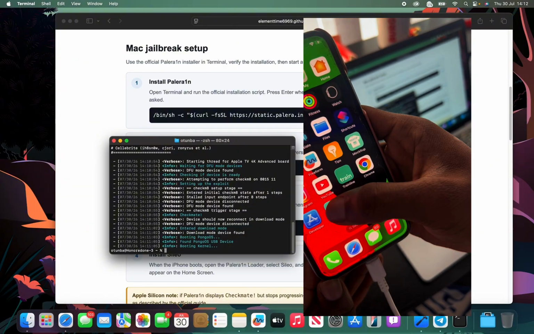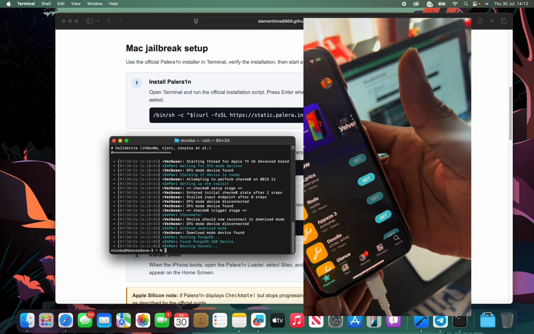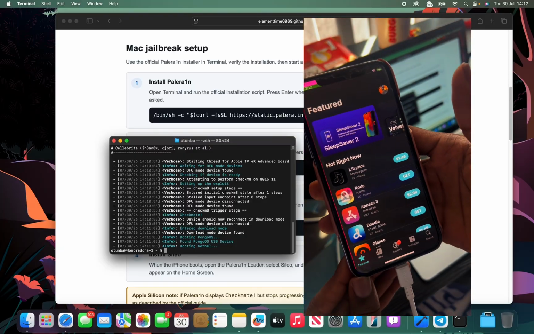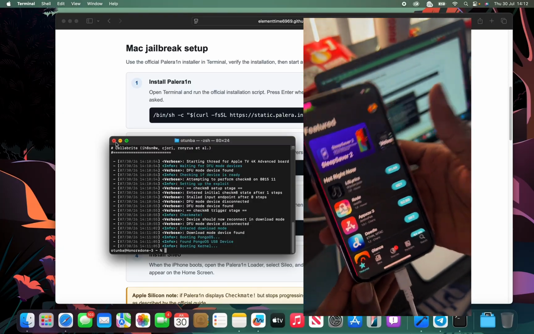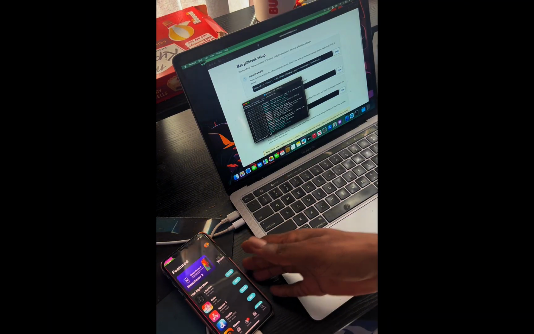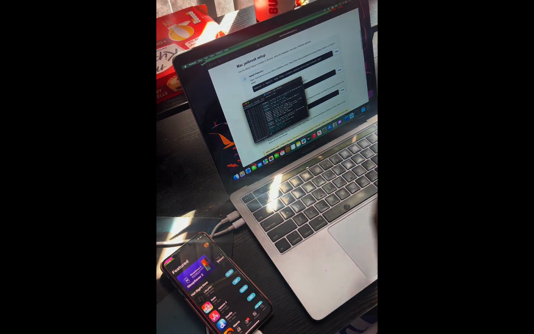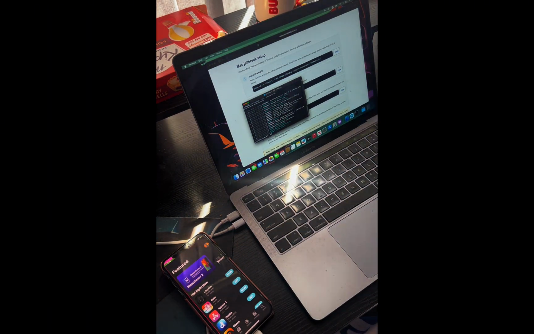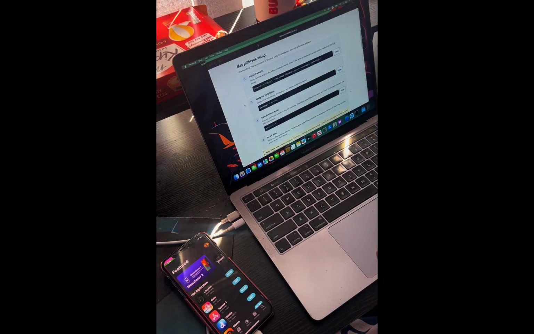The next thing that we need to do is cancel the terminal, because the terminal job is done. We don't need the terminal anymore. The phone is now jailbroken. Remember, if your phone